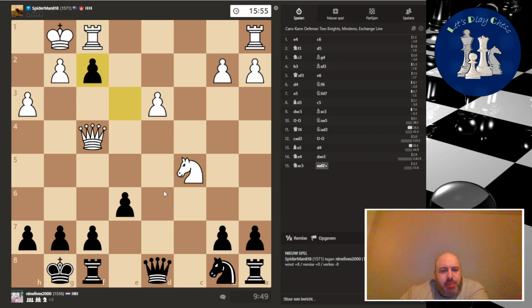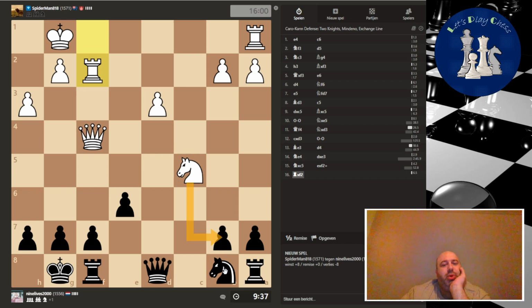You know what? Let's open up the file. It's okay, and let's give our opponents something to attack. Now he is attacking the pawn, by the way. So if I go here with knight and takes, then I go here. That pawn is not hanging, so